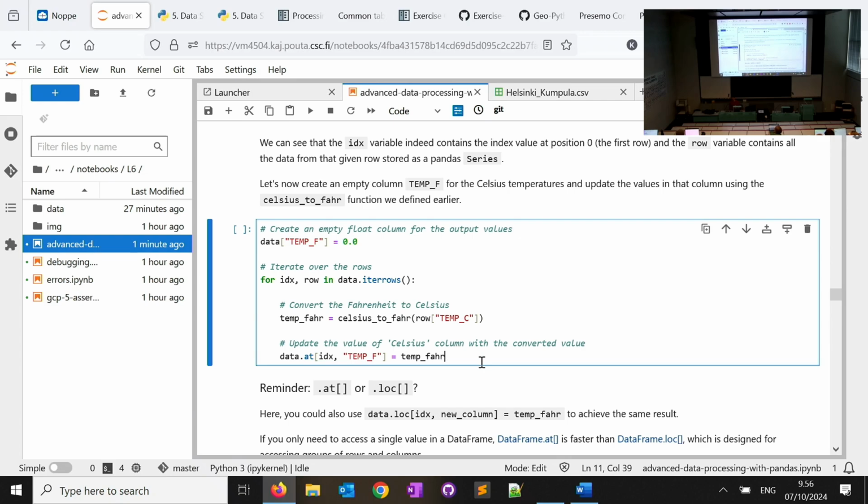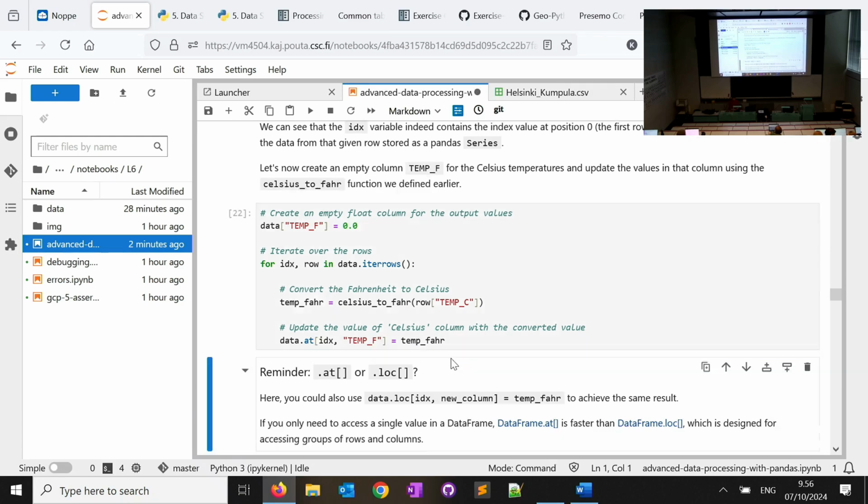Append? You're not appending anything here. Append just adds one row to your data. I'm not adding anything. I'm just looking at that particular value and rewriting it. So I'm not changing my data frame. I'm not adding anything and I'm not removing anything. I'm just recalculating, because here I have 0, and I'm just assigning a new value.